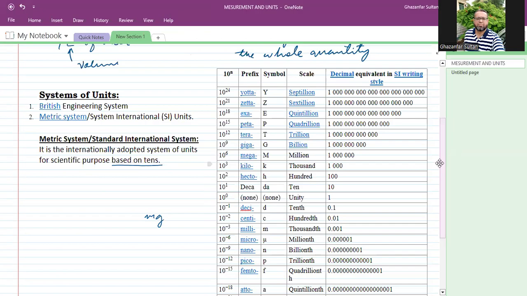And if you talk about kilo, kilo is 10 raised to power 3. So milligram means 10 raised to power minus 3 gram. And if you talk about kilogram,